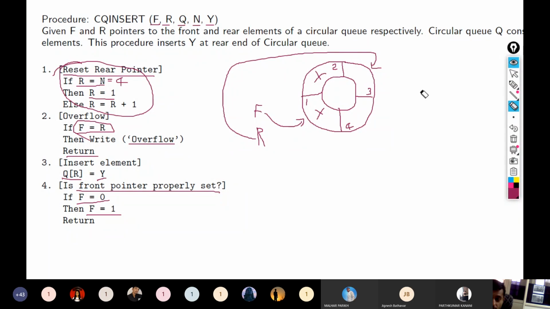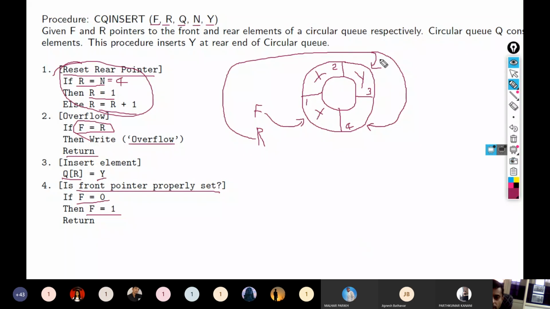So here the new element represented by y will be stored. And then F equals 0, no. So again I run the algorithm. Now R is not equal to n, so I will increment it by 1.